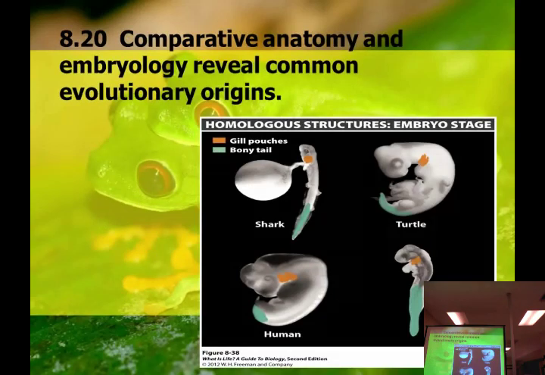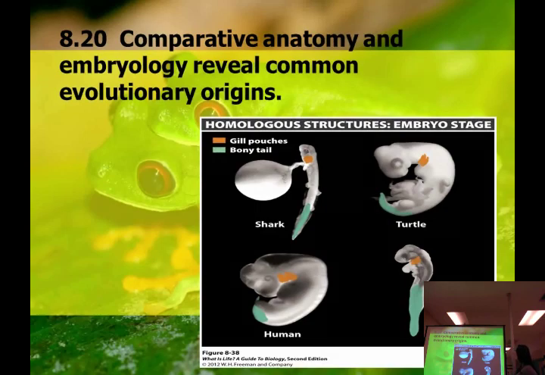So one of the other ways that we look at the evolutionary similarities between organisms is in embryology. And so I talked about this last time where we're talking about the embryos, what's found inside of the eggs. And so if you look at a shark, it has a bony tail, and it's got gill pouches when it's inside of the egg. We've got a turtle who's got the bony tail, and it's got gill pouches. Even though it will eventually develop lungs, it doesn't even